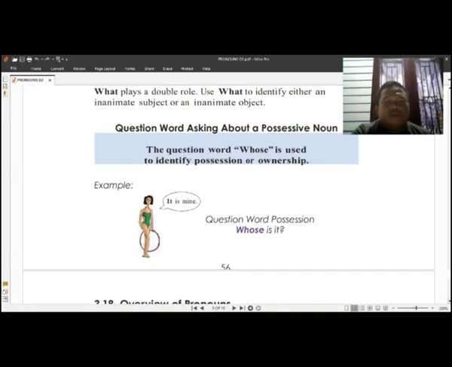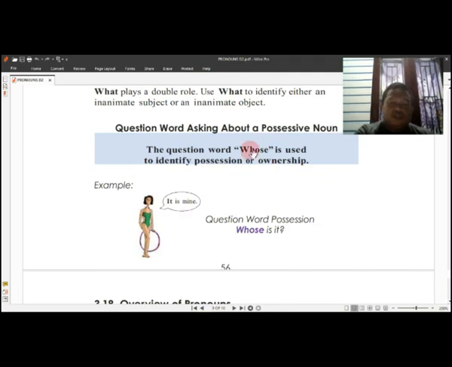Okay, so the question word whose is used to identify possession or ownership. Yeah, this is for possession. Okay, so you don't use who book is it. No, you don't use that. Yeah, you can use whose. Yeah, whose is it? Or whose book is it? Whose pen is it? Whose girlfriend is it? Or maybe you can just say, whose is it? Okay, and then the answer can be, it is mine. Whose book is it? It is my book. Okay,